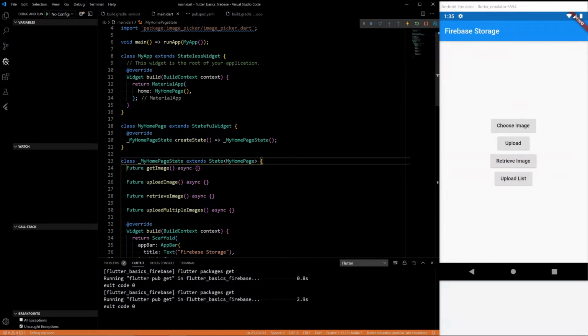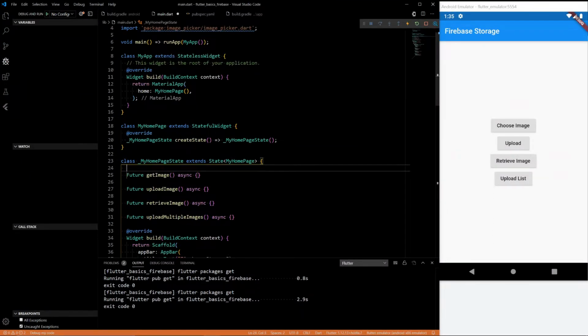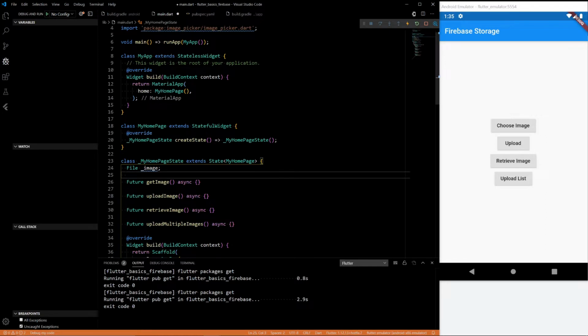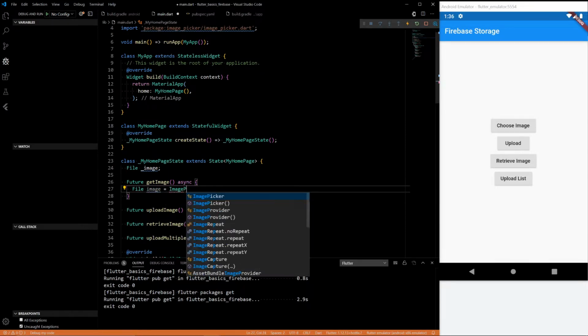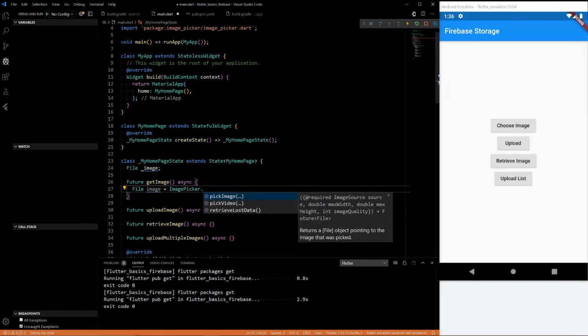Alright, so we're ready to go. First, we need an image in order to be able to upload anything, right? I'm going to be using the package called Image Picker. I'll make sure to link all the packages that I use in the description so that you guys can use them as well. So image equals image picker dot pick image